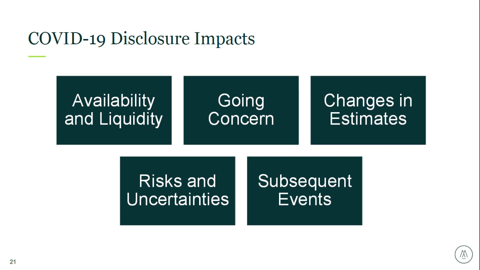And then lastly, just thinking through, again, subsequent events, given that there's a lot of changes and a lot of adjustments and just fluctuations in operations, really thinking through what subsequent events need to be disclosed, and thinking through all of this as far as just what information would be useful to the users of your financial statements, and trying to paint that picture for them within the notes to the financial statements.